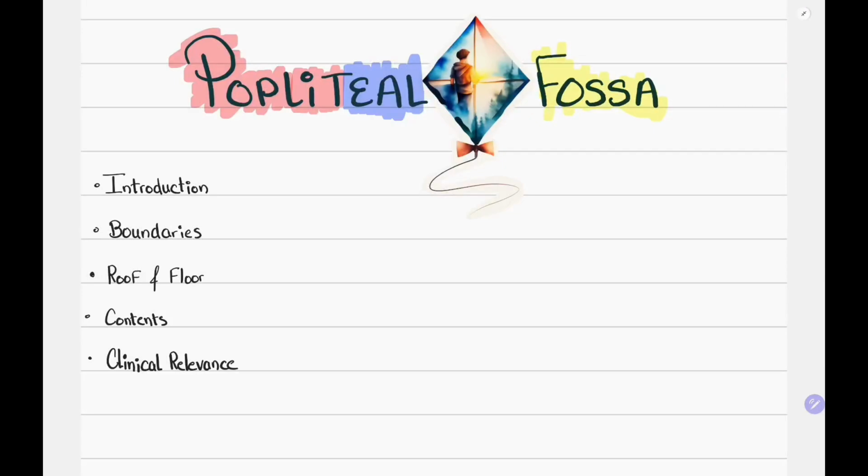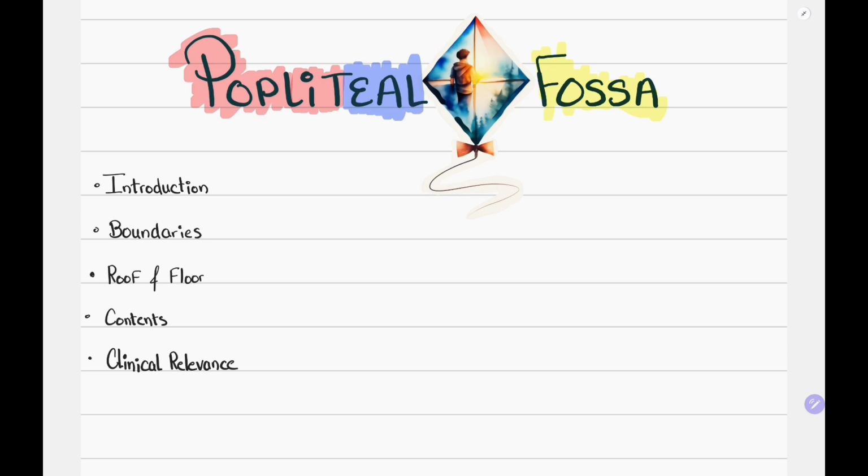Hello juniors, I welcome you all again in the continued series of lower limb, and today we are going to continue an important topic related to the knee joint, which is the popliteal fossa. In today's topic I will be covering the introduction, boundaries, roof and floor, contents and clinical relevance related to the